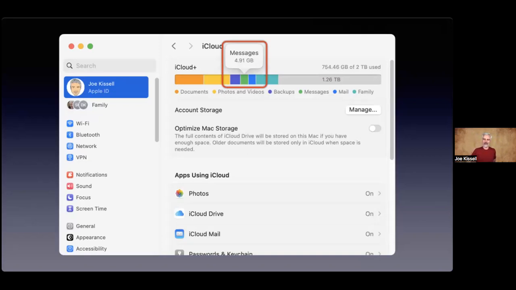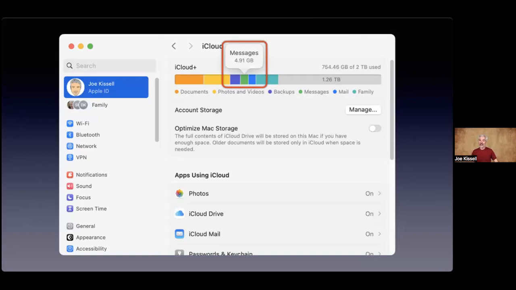How can you have 5 gigabytes of messages? Messages are really short. They don't take up very much space, even thousands of them. Yeah, but have you ever sent or received photos in messages or videos or other files? That's what that adds up to. So if you want to see how your storage space in iCloud is being managed, that's how you do it.